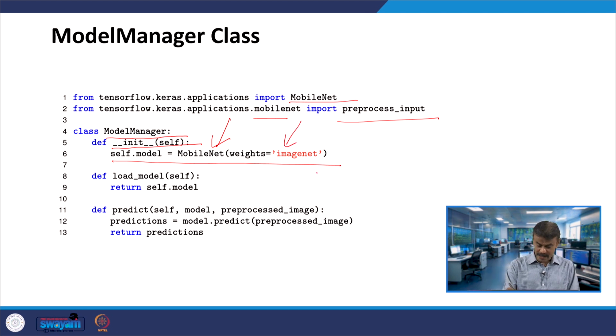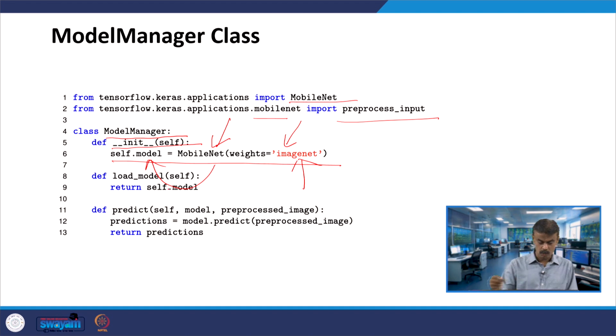The meaning of ImageNet here is that the model is pre-trained on the ImageNet data set, and then this will be stored in the self.model attribute. And in line number 8 you have load_model.